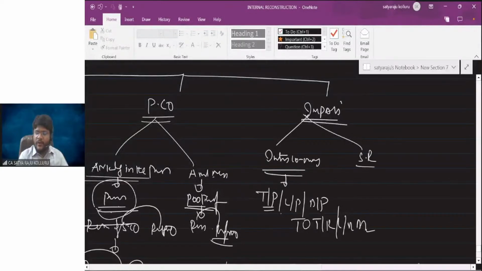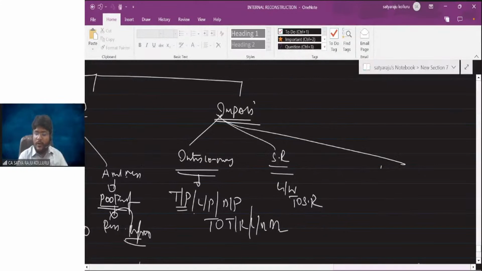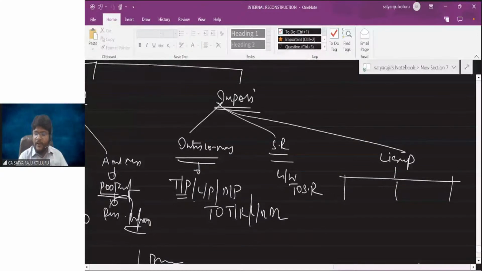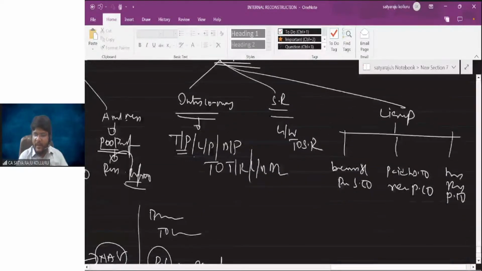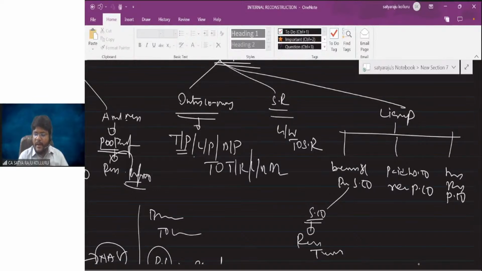Then for creation of stock reserve, what will be the entry? Goodwill account debit to stock reserve account is the entry. We already saw that. What else? We also discussed the accounting treatment of liquidation expenses in three different situations. One situation is liquidation expenses paid by the selling company. Another is liquidation expenses initially paid by the selling company, later reimbursed by the purchasing company. The third is paid by the purchasing company. Now, in the books of the selling company, what is the treatment, guys? Realization to cash. Sir, paid and borne by the selling company means in the books of the purchasing company, no entry.